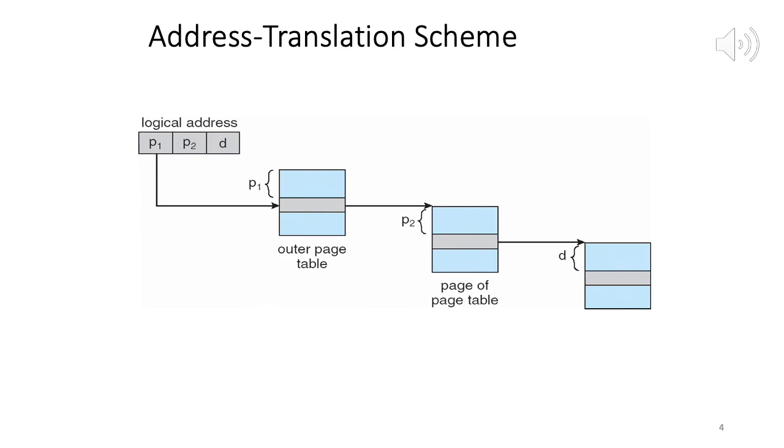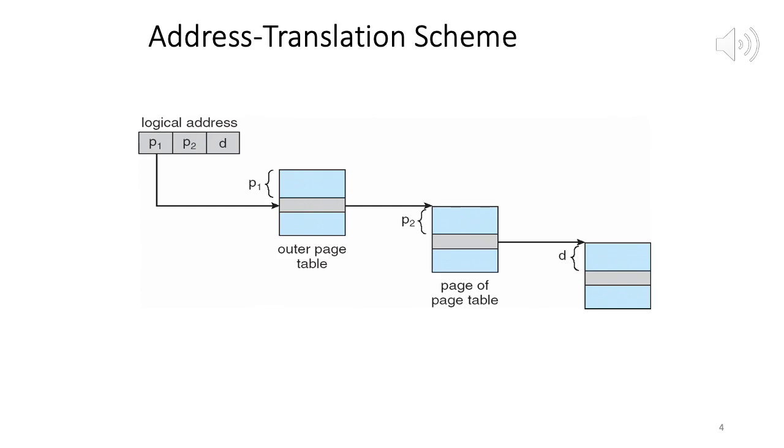So now we know the starting address, we reach that, and now we extract the P2 part, right? And using P2 as an index into the appropriate second level page table, right? So remember, we have many of these second level page tables. So using P2 as the index into the appropriate second level page table, we'll now get the starting physical frame address. And then we combine that with the offset to get the physical address. So this way we can do address translation.